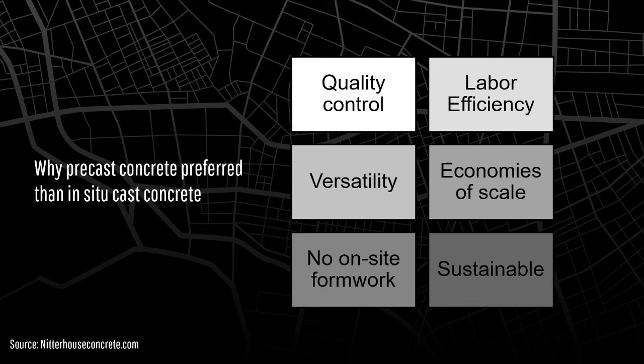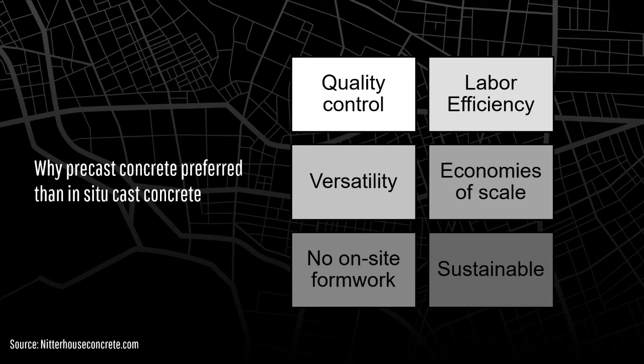The next one is the economies of scale. Because precast concrete uses standard forms, slabs can be mass produced, improving the economies of scale. Because precast concrete is factory made and standardized, there is a fixed pricing which enables you to accurately budget construction costs and avoid going over budget.